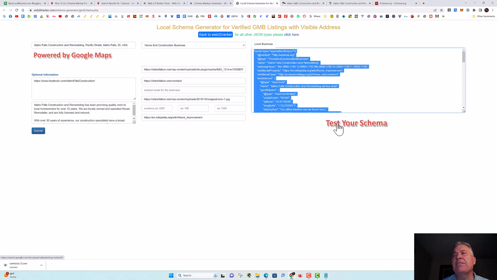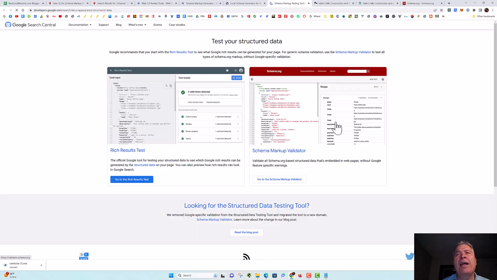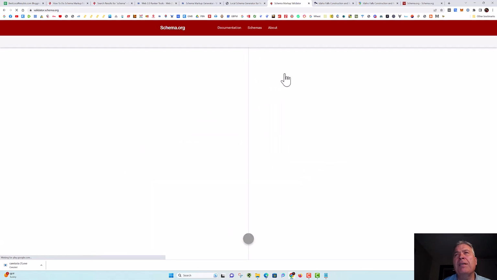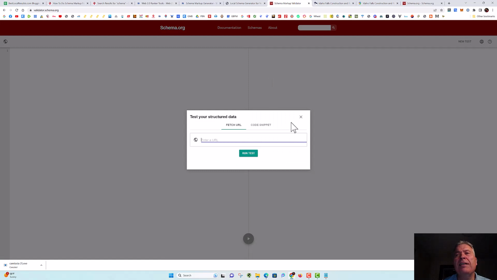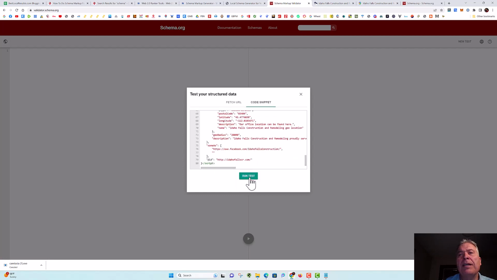If you click test your schema, I've never had the schema from this free tool be bad, but I still always test it. Now there's two different tools that you can test your schema with. I always just use the schema.org one. So you click on that window there to test your structured data. I'm going to click on code snippet, and I'm going to paste that code in there. I'm going to hit run test,